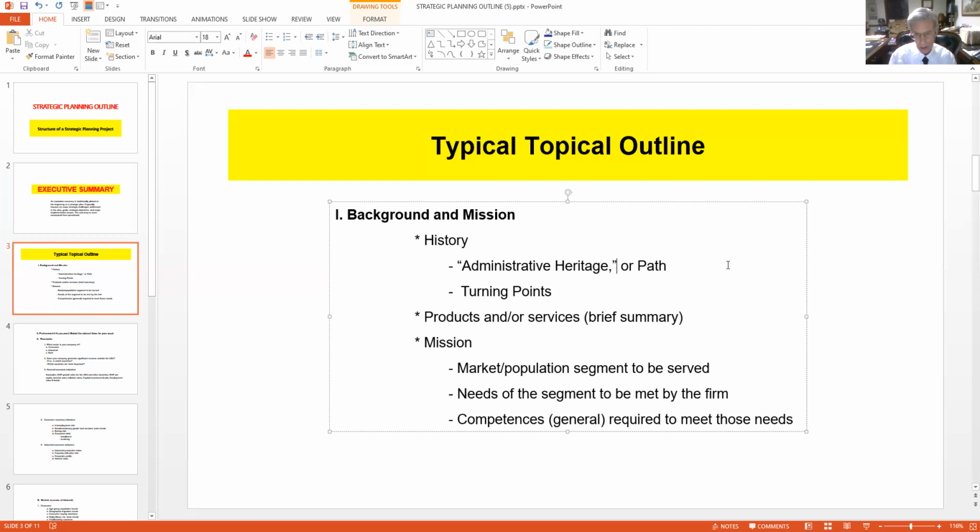But that actually works out pretty well because there's more to competence than just technology. And so Abel used that term, competences, to refer not just to the technological abilities of a company, but its